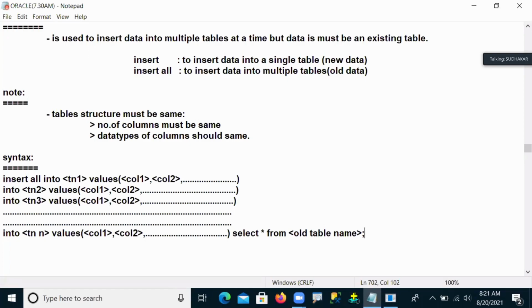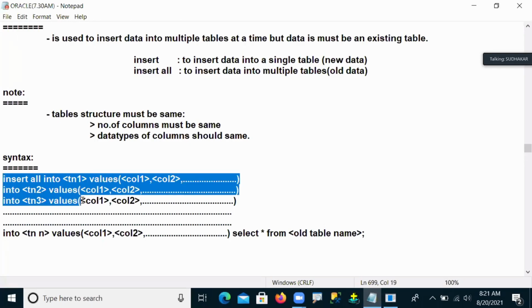Understanding now? So what are we going to do here, guys? Observe carefully. The select command means retrieving, for reading purposes. So by using the select command, we are reading data from the old table, and that old table data we are inserting into the newly created tables.